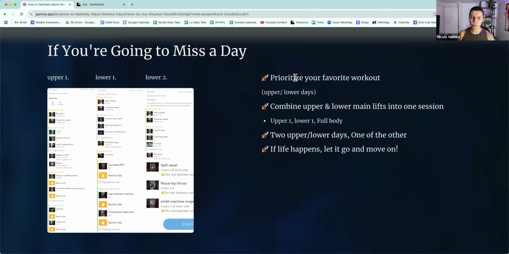What are the particular lifts, or what's the particular workout that you like most, that those exercises fit more with what you're kind of going for? Prioritize those first, right? Now, option with that, with prioritizing whichever ones you like first, is we can combine an upper and a lower into one session. So it's almost going to look like I can only work out 3 days this week. I really like upper one. I really like lower one, and I'm going to combine upper two and lower two. So it turns into an upper body, a lower body, and a full body.